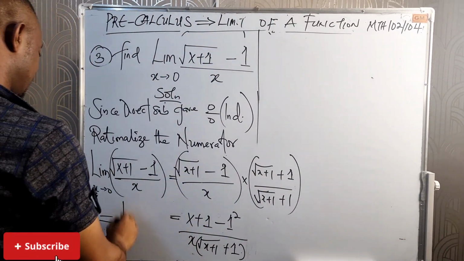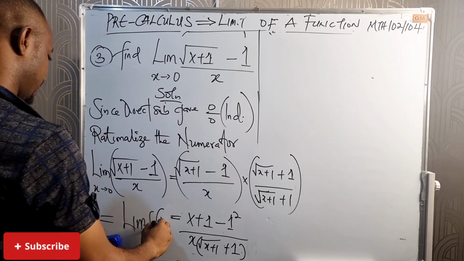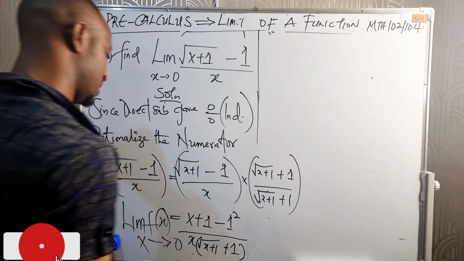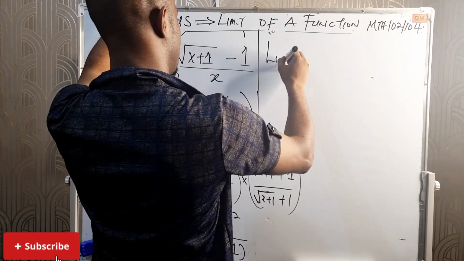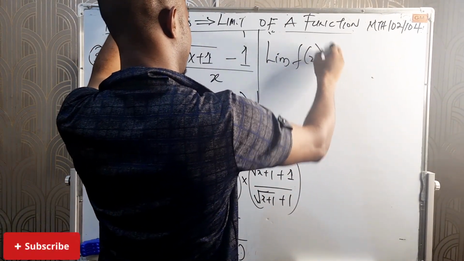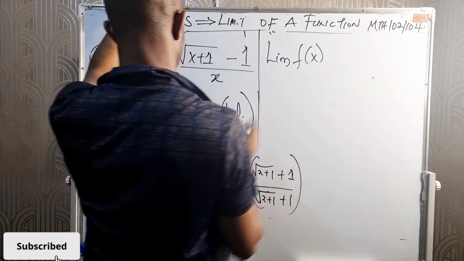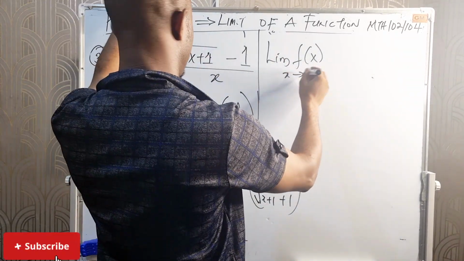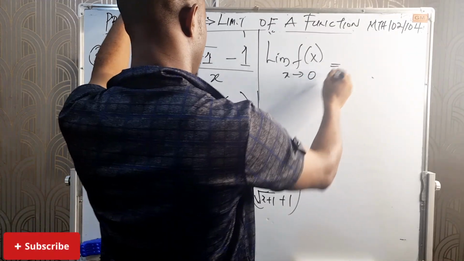Let's finish up. So we still have our limit of f of x as x is approaching 0. Don't forget what your f of x represents. F of x remains this, right? Remains this, as x is approaching 0, becomes